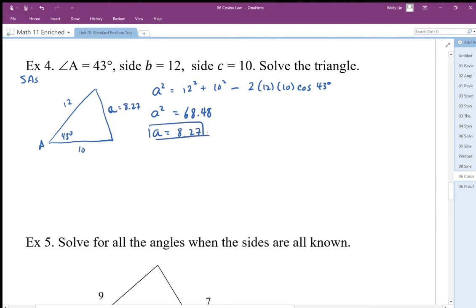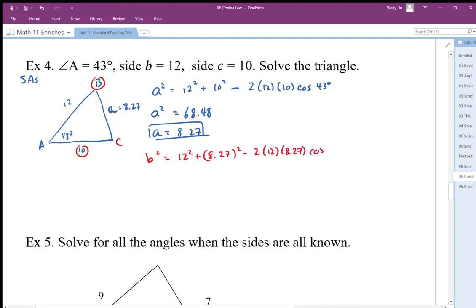Okay, so I've solved for one side. I just need to solve for one angle, and then I can deduce the third angle. So I'm going to say that this is side B, and then call that side opposite. B squared is equal to C squared plus A squared, which I just solved for, minus 2 times C times A,